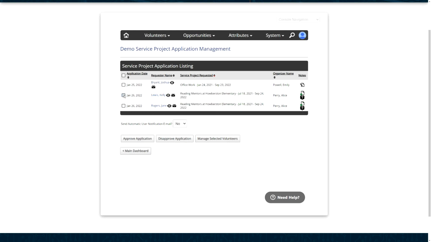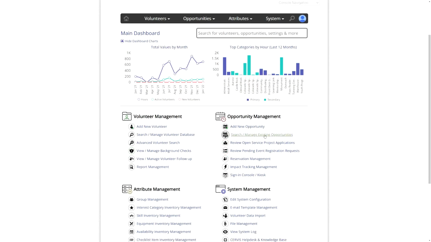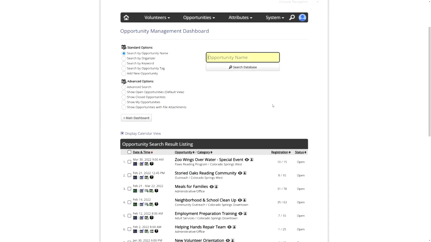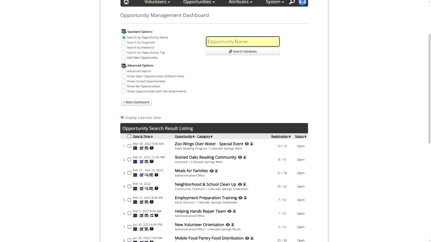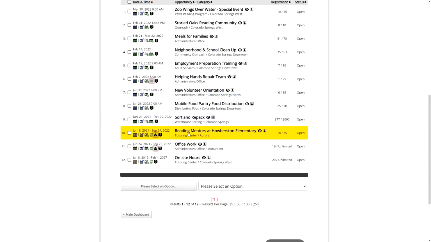Now, I said there's two places where you can engage these applications. The other place is through the opportunity management side of the system. So if we go into search and manage existing opportunities, on this page, you can review any open event or project that you have. And of course, I could search for something by name. But if we scroll down here, you can see the project that I want to take a look at, this